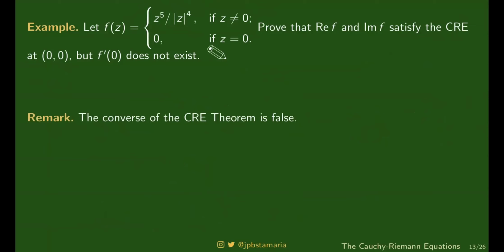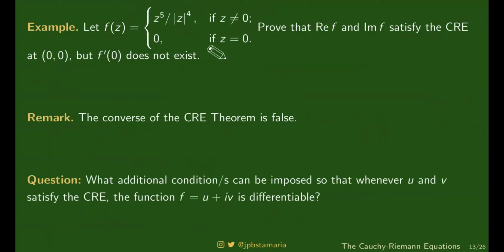Ang tanong dito, let's say nasa-satisfy na ni u and v yung Cauchy-Riemann equations. So then, nasa-satisfy na. So, in general, hindi mo pwedeng i-conclude na si u plus iv ay differentiable. Okay. Ang tanong, ano kayang kulang sa pagsasatisfy ng u and v? Ano yung requirement para sa u and v, maliban sa nasasatisfy nila yung Cauchy-Riemann equations, ano pang additional conditions ang pwede natin i-impose para si f ay maging differentiable, mapuwersa siyang differentiable? Okay? Yun yung ating aalamin. Next.